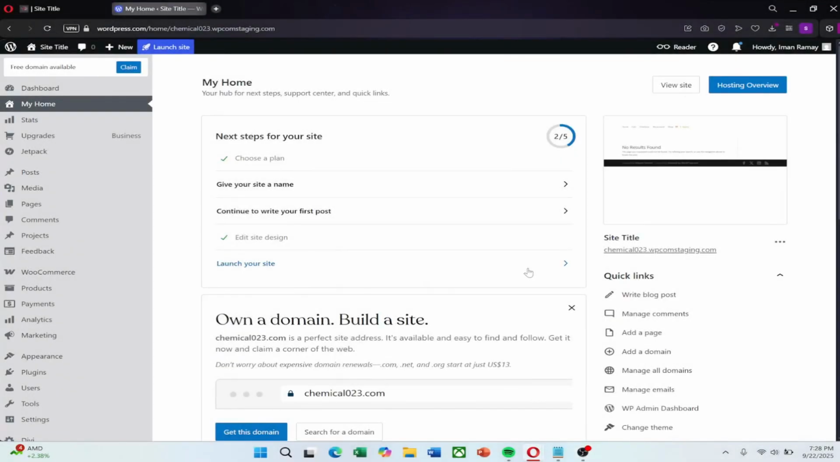Hello everyone, in this video I will show you how to add a sticky header in WordPress. We will be doing this with Divi's built-in sticky options, which let you keep your header visible while users scroll